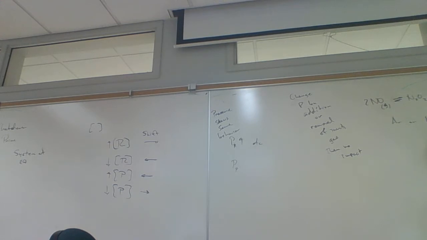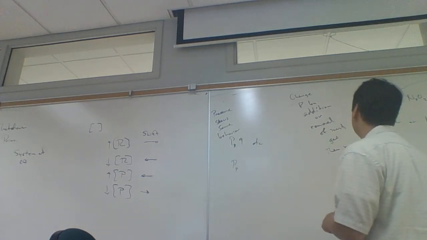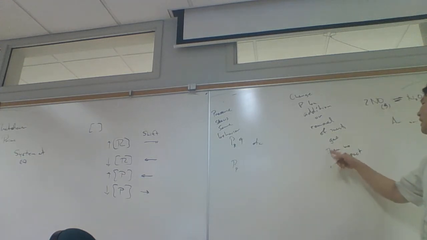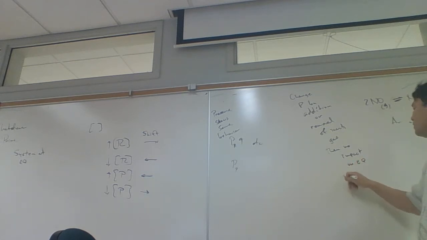Anyway, N2 would be considered inert in this scenario. O2 would be considered inert, but there could be potential side reactions that occur, so we've got to watch out for those. Other than that, no impact on equilibrium, but total pressure